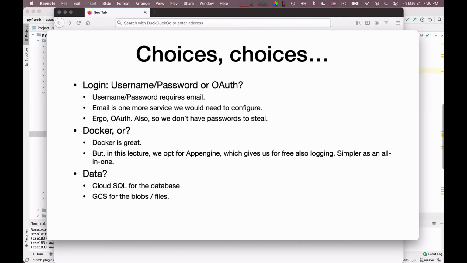So that's one decision: OAuth login. Then where are we going to host our web application? Docker is a fairly standard solution, and it's a really good solution, and I hope in the future to be able to produce a video in which I show you how to do that. But for the moment, my first choice for this lecture is to use Google App Engine.